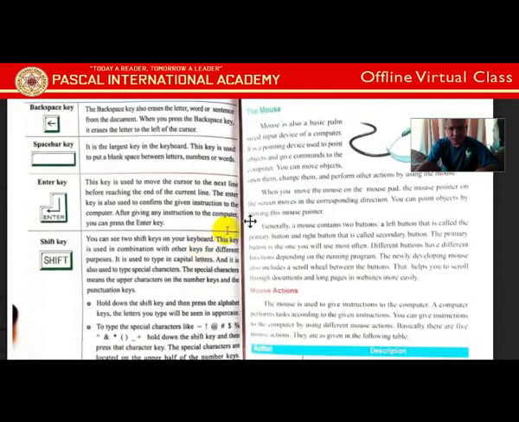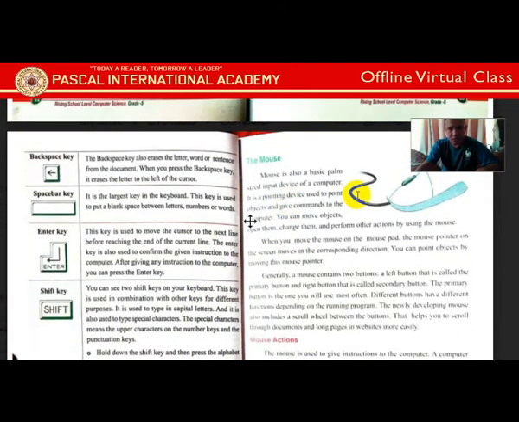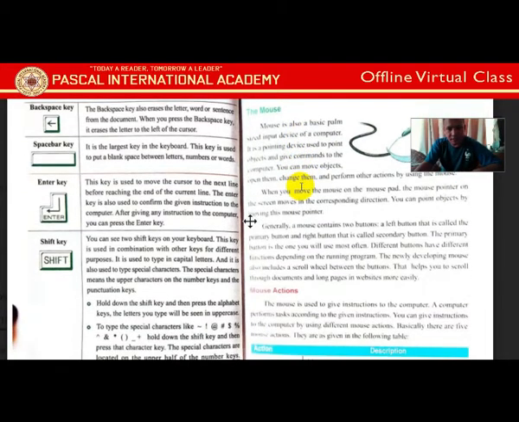Now next one is, let's talk about the mouse. Mouse, as you know, is also an input device, but the difference is it is also called a pointing device. The pointer will be shown on the monitor, and you will click or double click to activate that icon or menu, whatever you have.